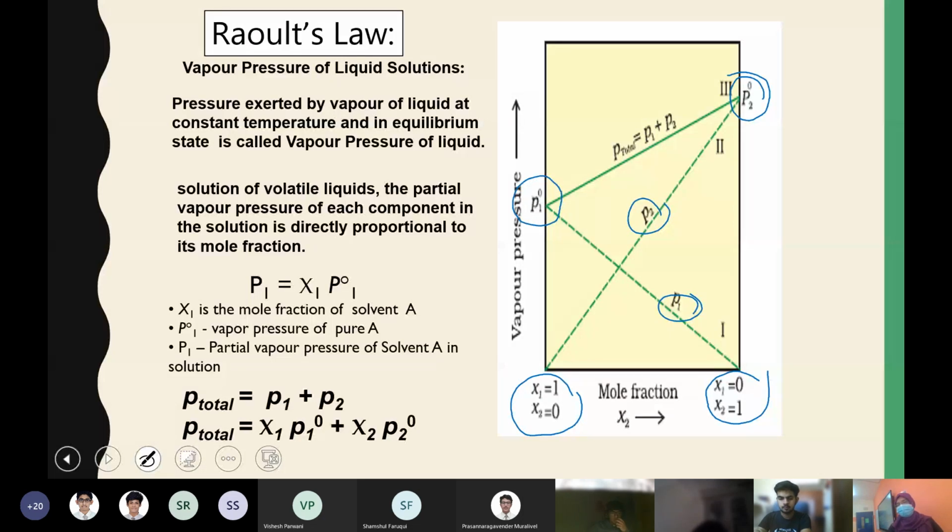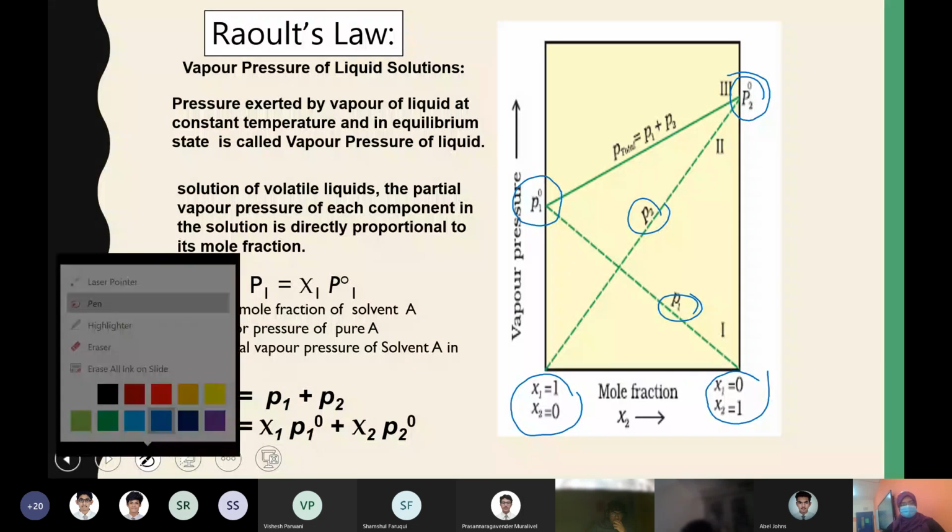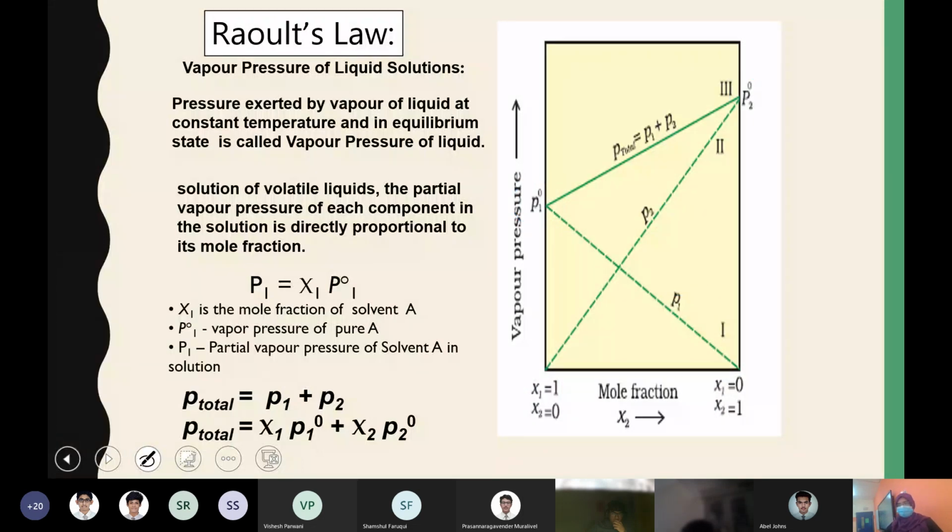And the rest shows how the values of P1 and P2 change due to this increase or decrease in the concentration of solute and solvent. So you can explain either from left to right or from right to left, whichever is applicable. It's not like a normal graph where you start only from the origin. You can start from the origin to the other end or the other way also. The graph is explaining in both directions.